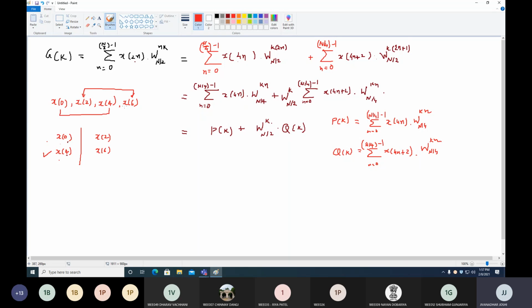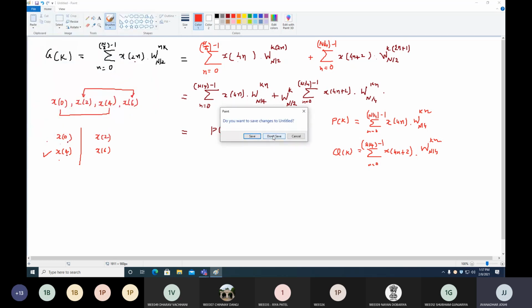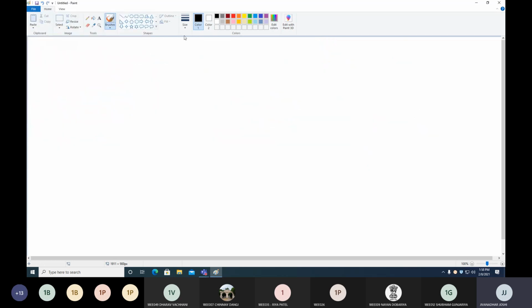Okay. So similarly, let me prove for h of k. H of k is equal to summation n equal to 0 to